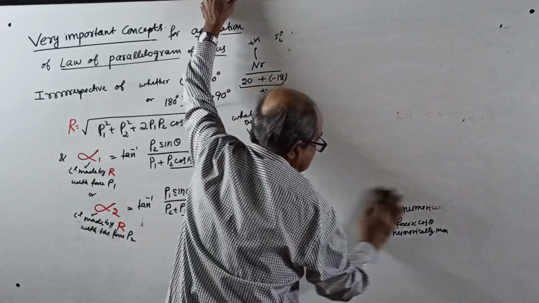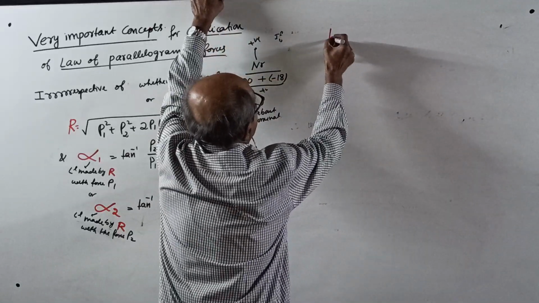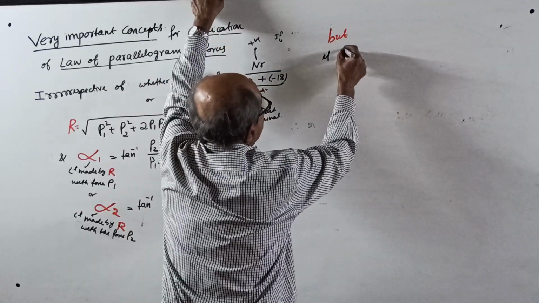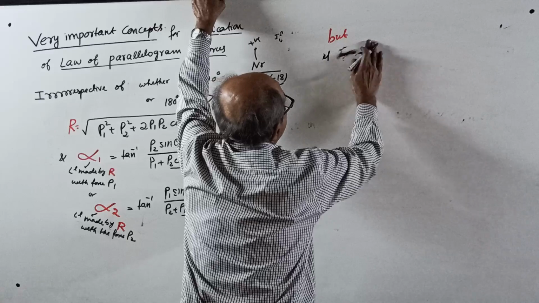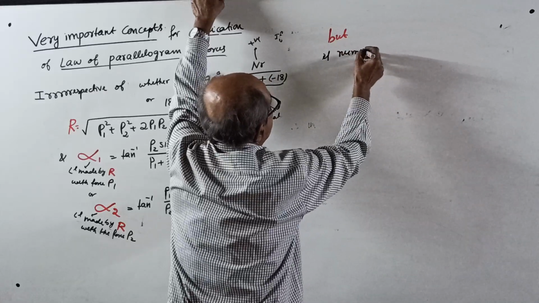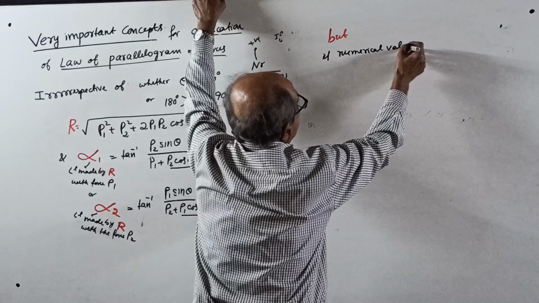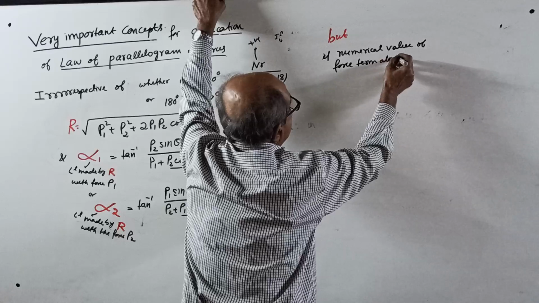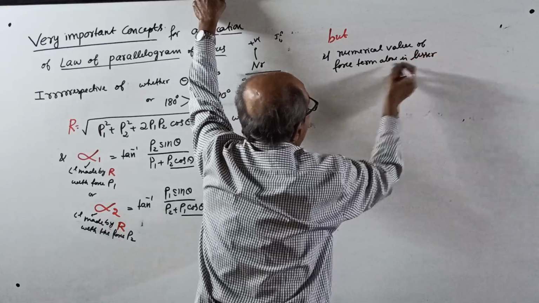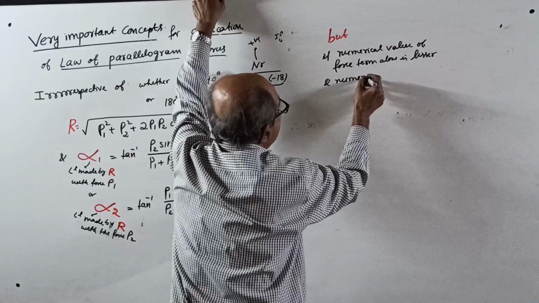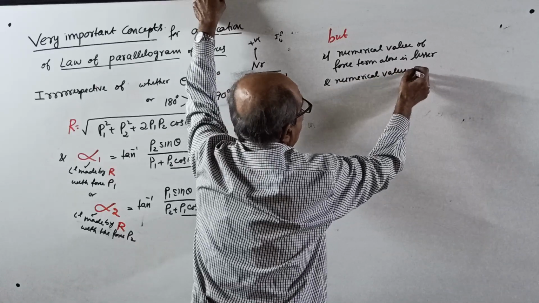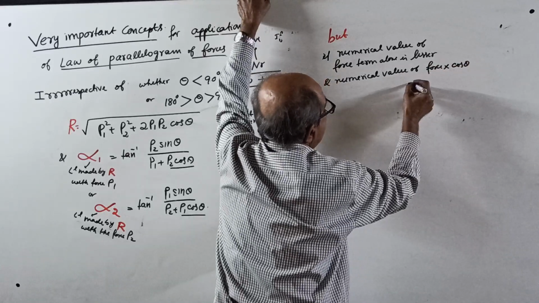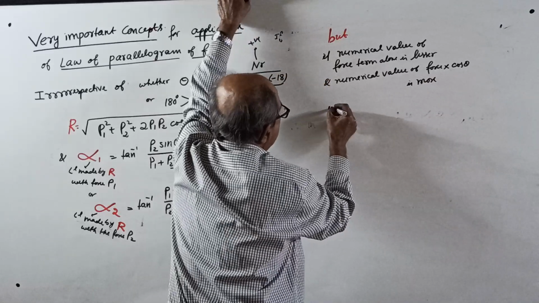Okay, now, the concluding part, I write here. Everything you write one after the other. But, in Kannada we call it adare. But if the numerical value of the force term alone is lesser, and the numerical value of force into cos theta is more, that is, for example, see,